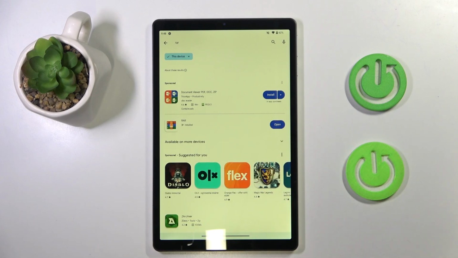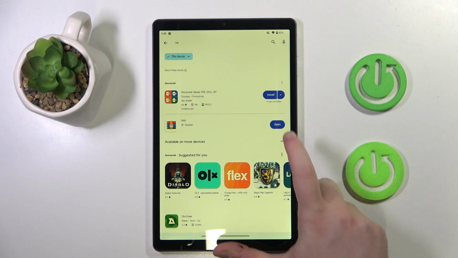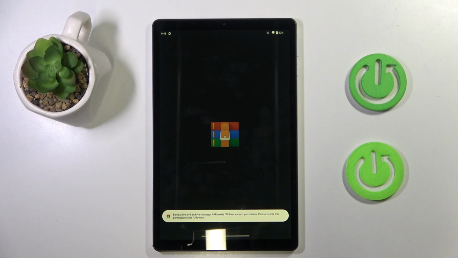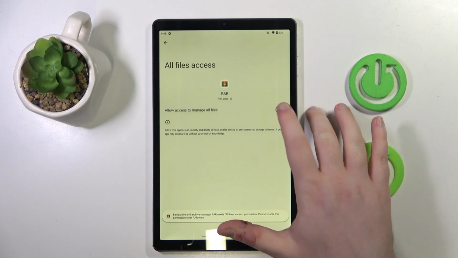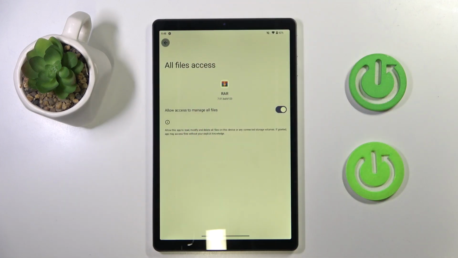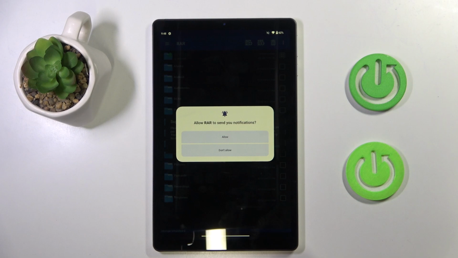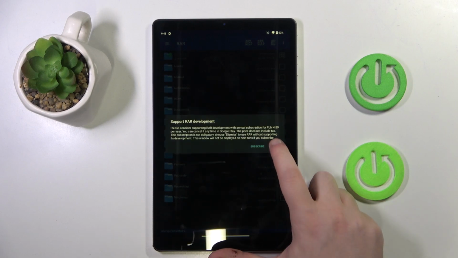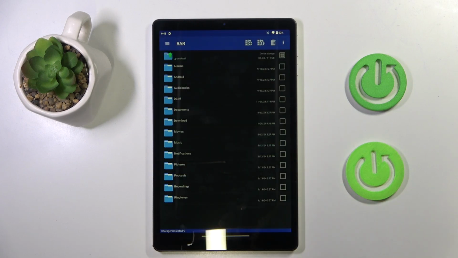Now you can click open. And now you have to allow this app to manage your files, and then you can go back. Then you can decide if you want to see notifications from this app or not, and click dismiss. And as you can see, my app is now installed and is ready to use, so that's it for this